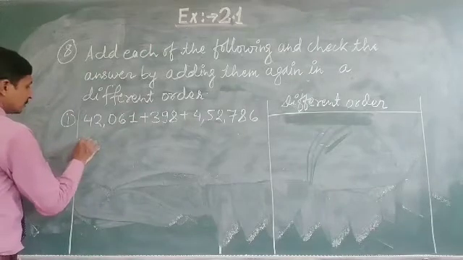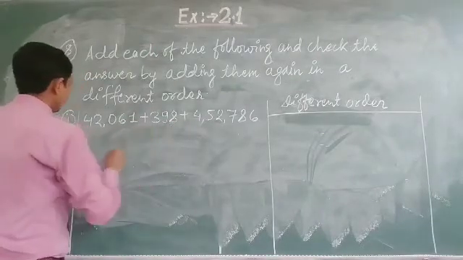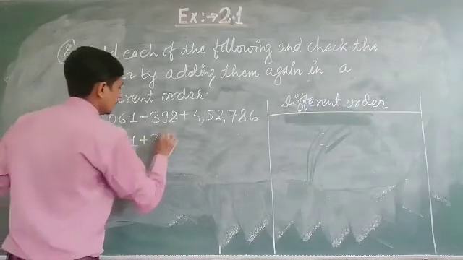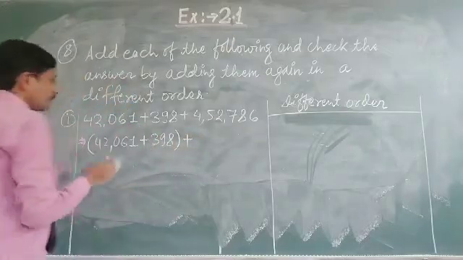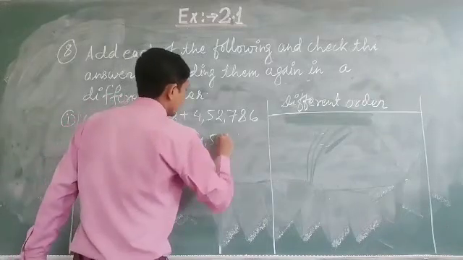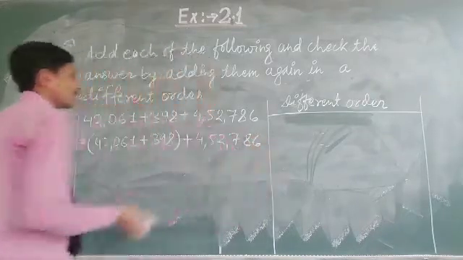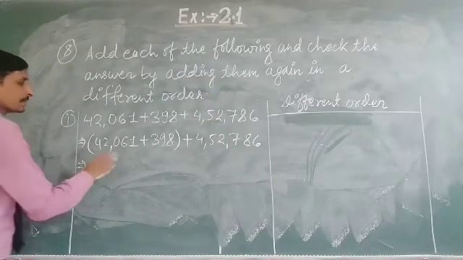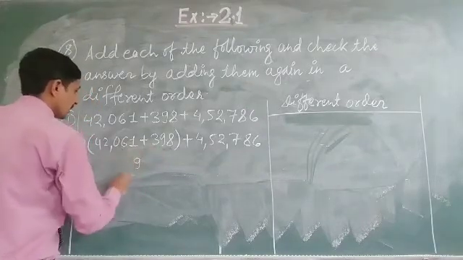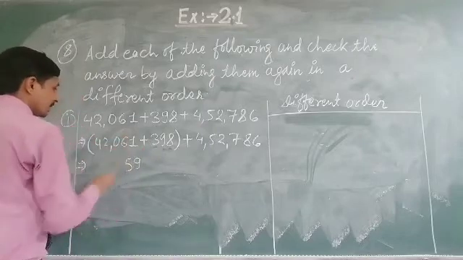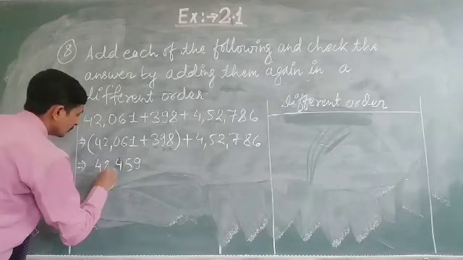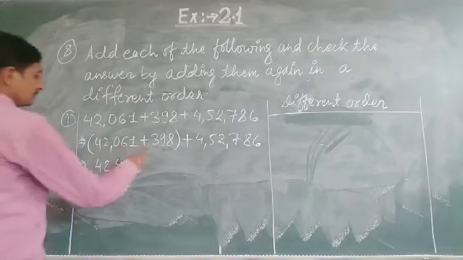Just add. First of all, we group these two in one bracket, that is 42061 plus 398, and write the number outside of it. First add these two: 9 plus 8 plus 1, that is 9. 9 plus 6, 15, and 3 plus 0, 3 plus 1, 4, and 4, 2. So by adding both these, we get the answer